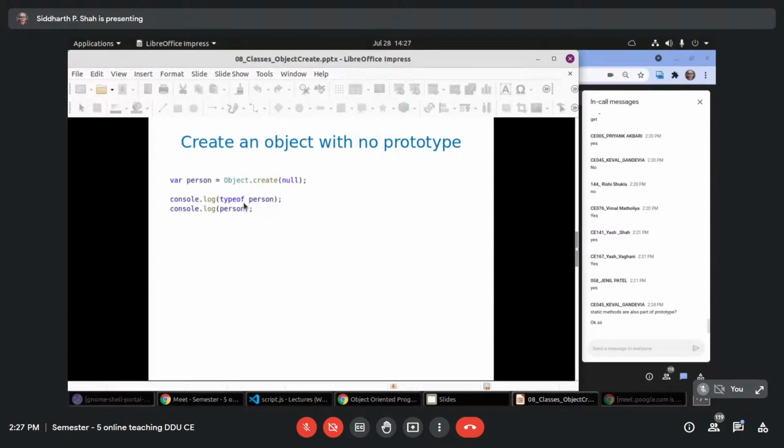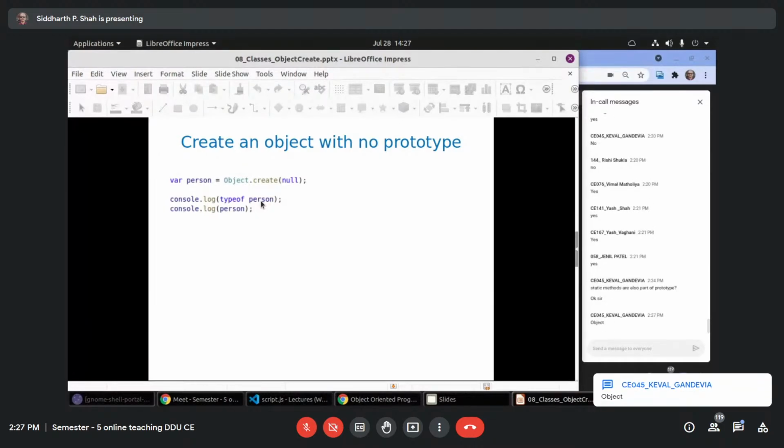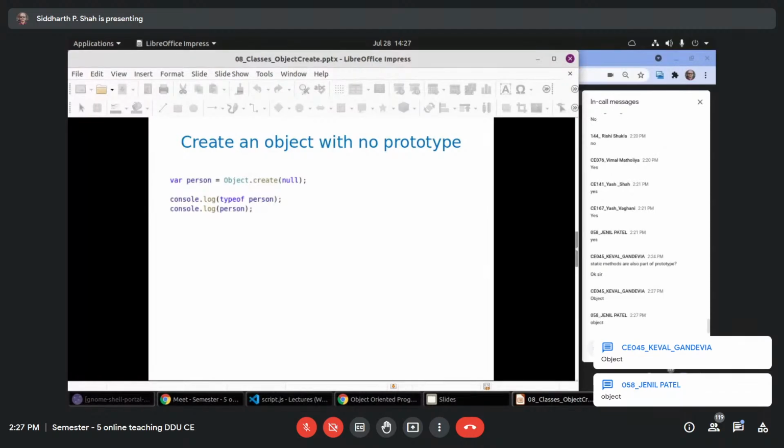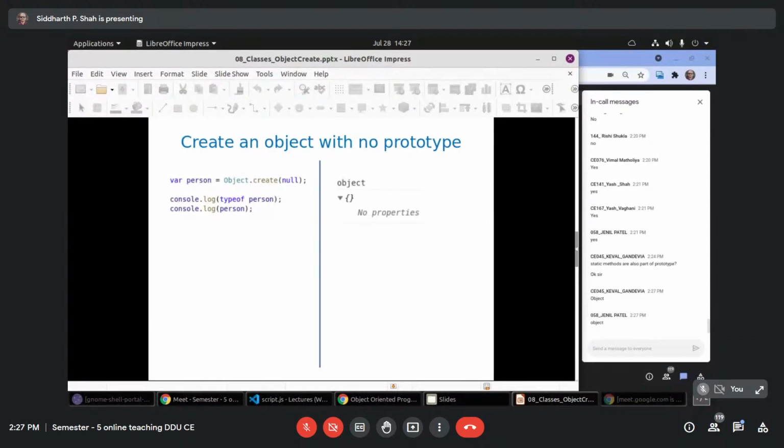If you log typeof person, what will be the output? Can anyone tell me? What should be the output of typeof person? Object, correct. It is an object.